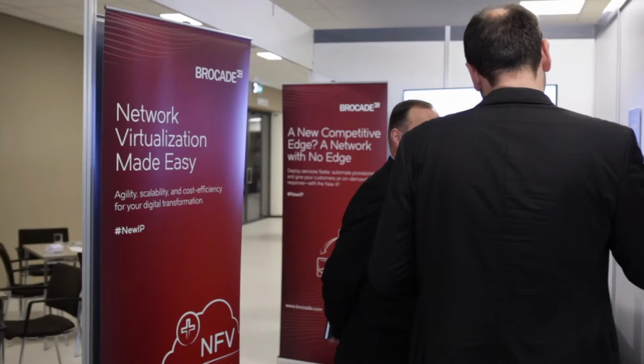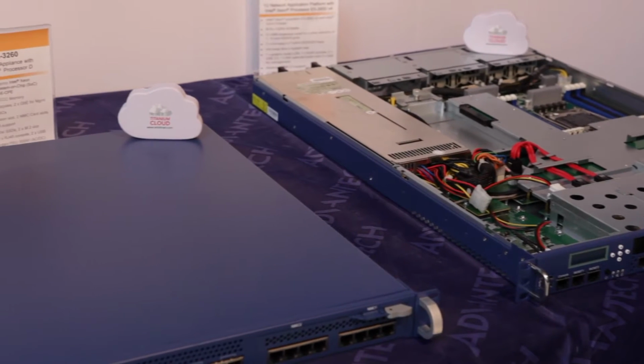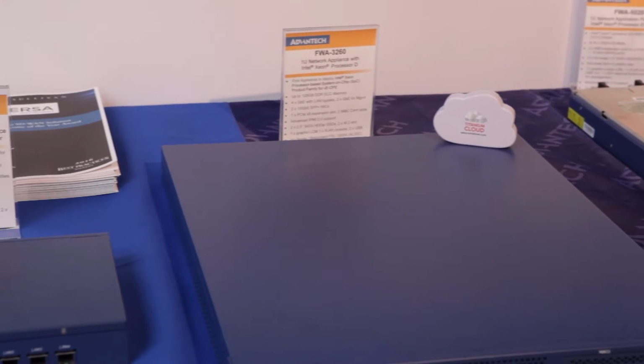Wind River for this lab is providing a complete reference design for an enterprise virtual CPE deployment that guarantees the level of uptime that is really required for enterprise customers. This is a use case that we have developed in participation with multiple software partners. We have an orchestration solution from Adva, and then we have virtual network functions from Brocade and Checkpoint and Riverbed, which we have integrated running on top of the Titanium Server NFV infrastructure platform to provide a complete reference solution for this use case. We have provided that into Advantech's lab as their de facto use case for demonstrating virtual